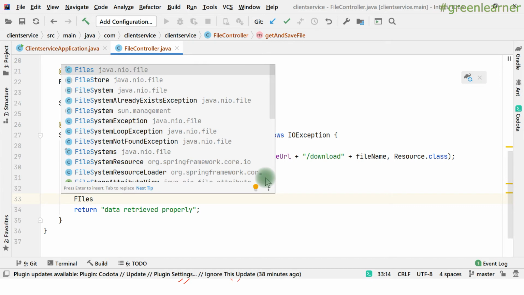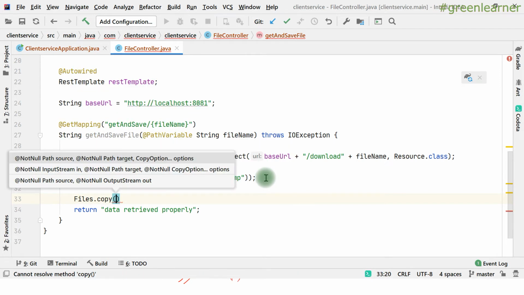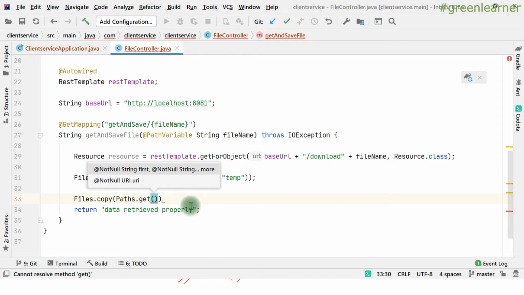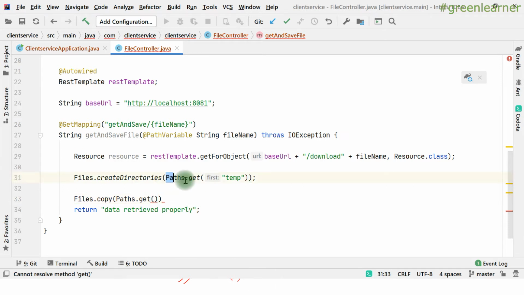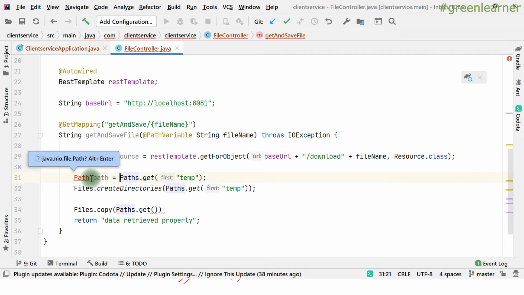So files dot copy path, I have to give where I want to copy it. Paths dot get, so actually I can reuse this one, right?